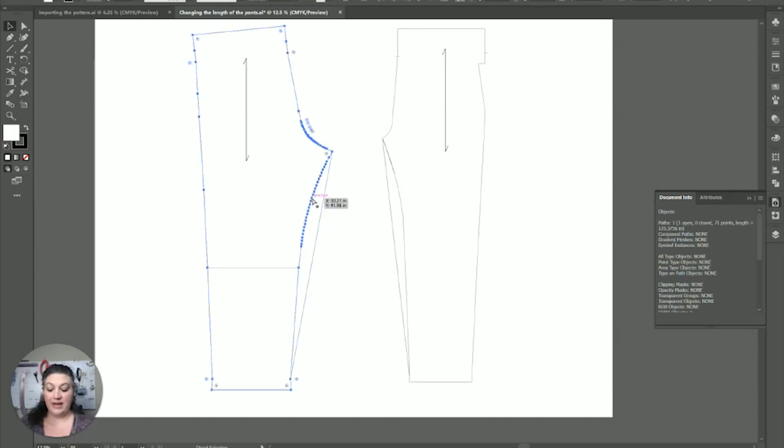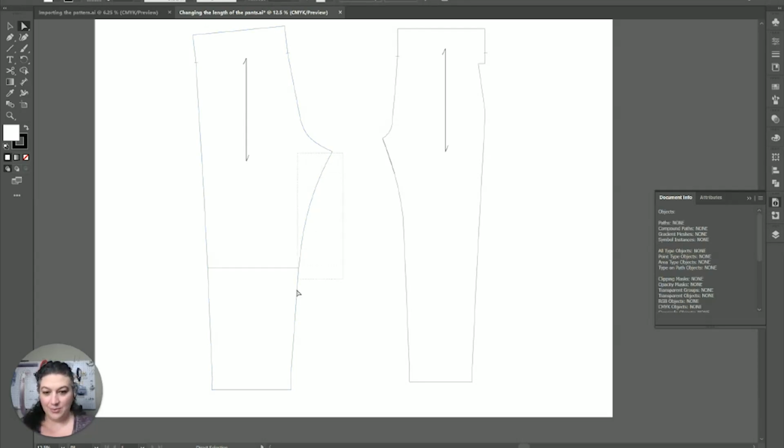But because there are so many points within this line here, because of how it was originally drafted, if I did a copy front with a copy front, see, it's only copying that little tiny bit of one, so that's not going to tell me much. We can probably see if we can get that copy front. So we did get it that time, so I'm going to go ahead and delete that second. And of course I shouldn't have done that. There we go. So I'm able to then measure again: 31.9,